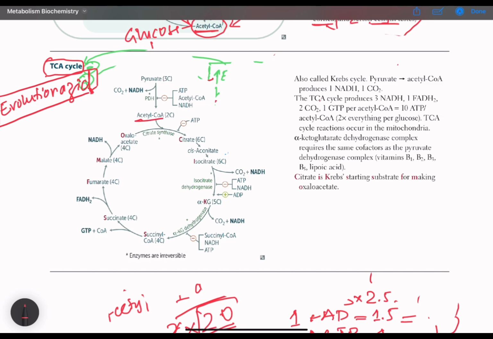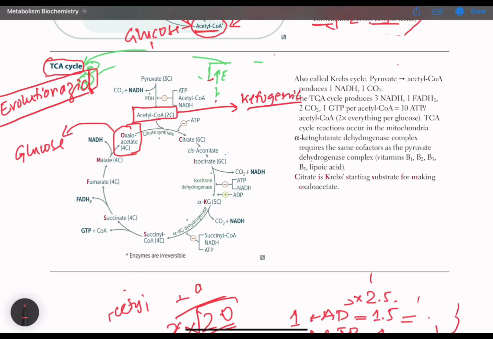As acetyl-CoA enters the TCA cycle, oxaloacetate is also part of the TCA cycle, and oxaloacetate can go on to develop into glucose. So why is acetyl-CoA known as ketogenic? Why can acetyl-CoA not be converted into glucose while the TCA cycle intermediate oxaloacetate can be converted into glucose? The reason is that when acetyl-CoA is added into the TCA cycle, there is no net gain of carbon